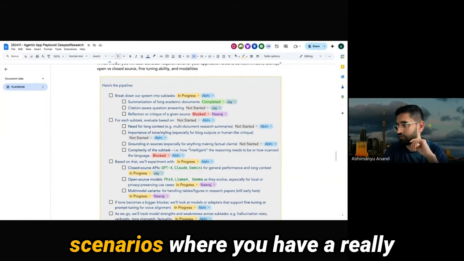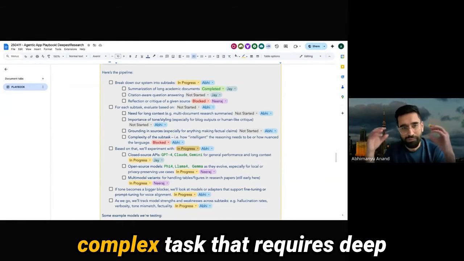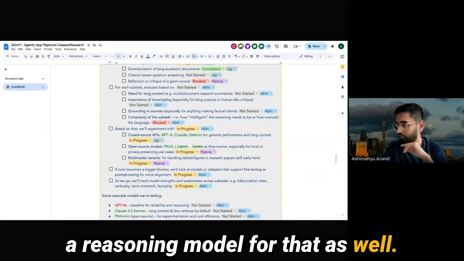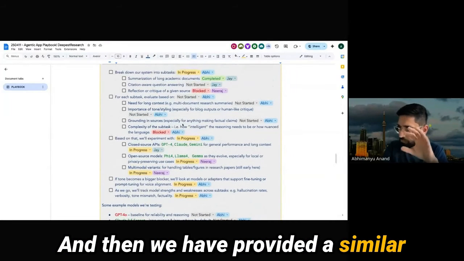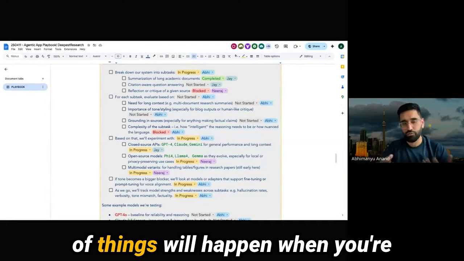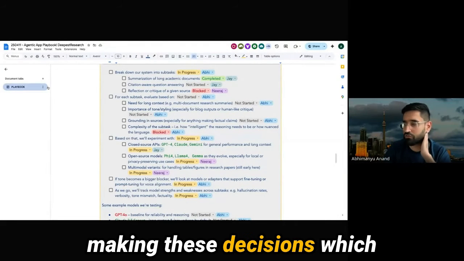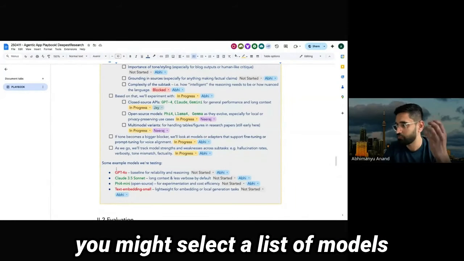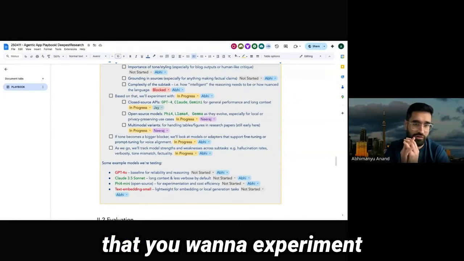And then there could be other scenarios where you have a really complex task that requires deep reasoning. Maybe you want to use a reasoning model for that as well. And then we have provided a similar role play scenario where you can see what kind of things will happen when you're making these decisions, which you can see in this example here. And then at the end of this exercise, you might select a list of models that you want to experiment